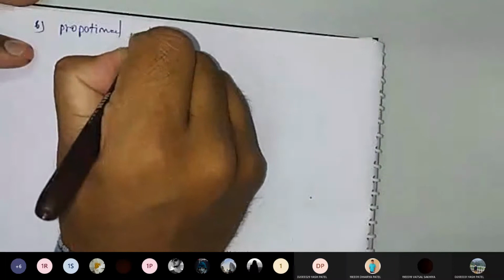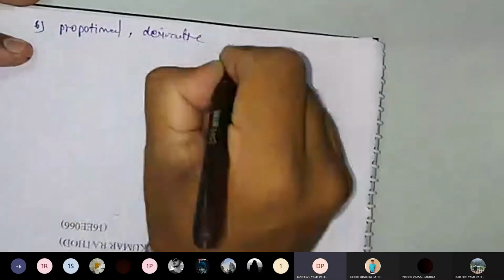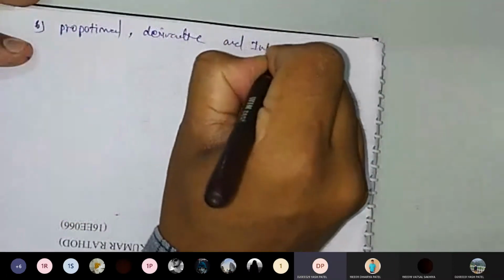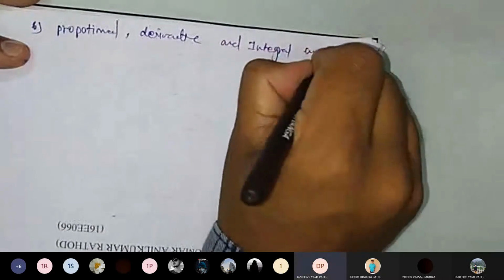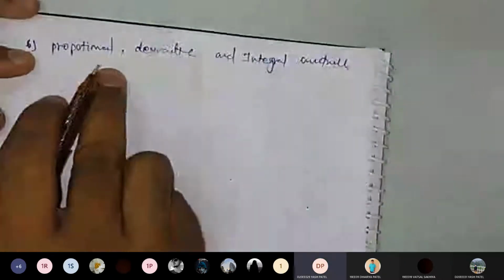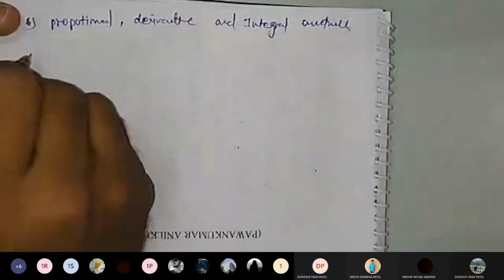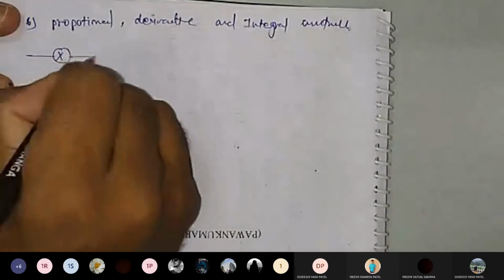The sixth part is nothing but the proportional, derivative and integral control. Okay, proportional, derivative and integral control. Okay, so how does it look like? We will be having another